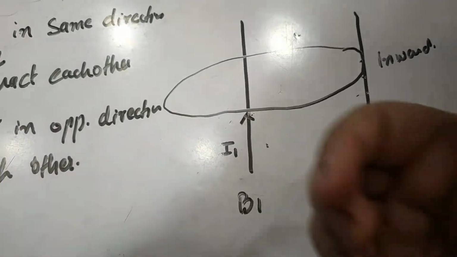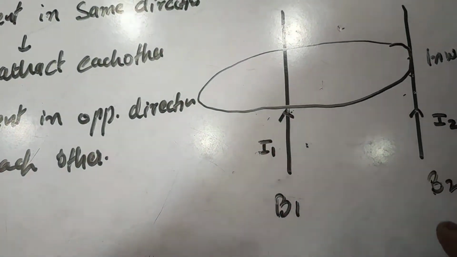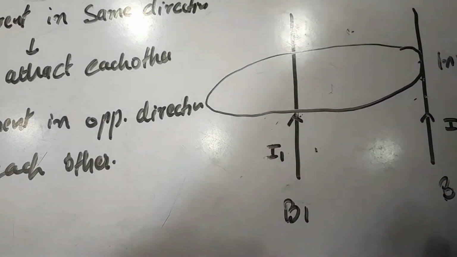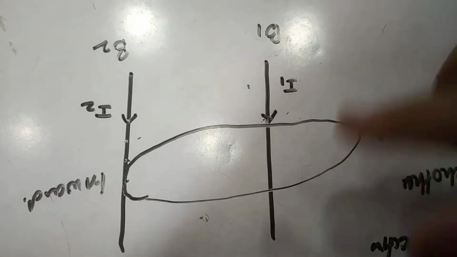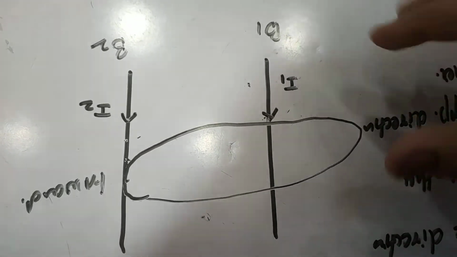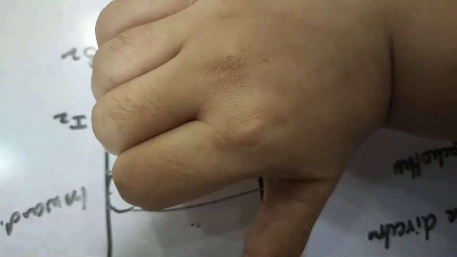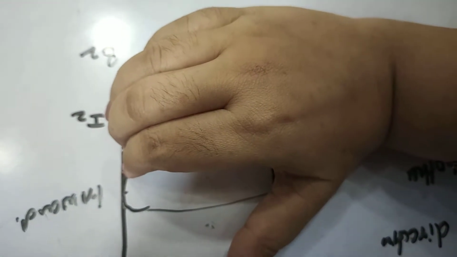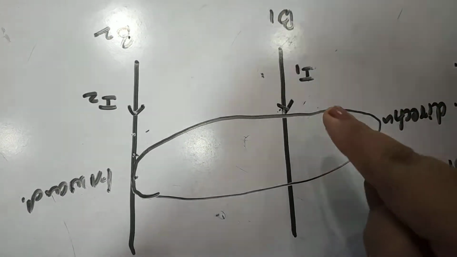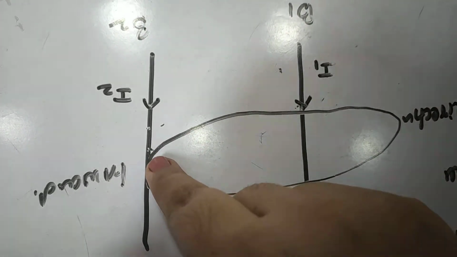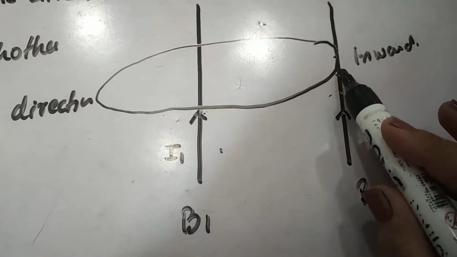I will again show you. This is the curl and this will go out. We can clarify this by rotating our notebook, whatever you are having, or this board. Just look at this. Now I have rotated my board. You can see here that the direction of current is this, and the thumb points toward the direction of current. So I rotated this, and the curl of fingers at this point is inward. See, this is inward. So it means that due to the first conductor, the magnetic field at conductor 2 is directed inward, right? So at this point the direction is inward.